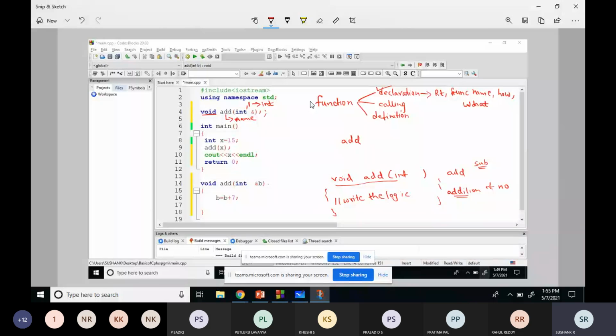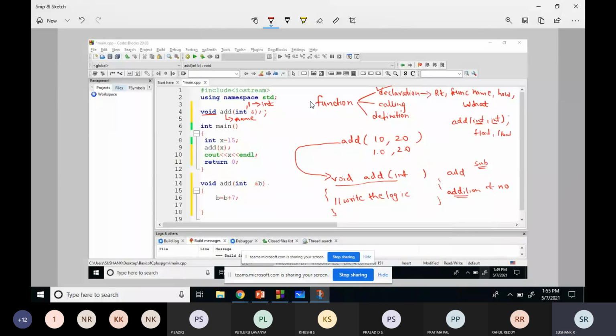So what is the name and the values which you want to pass? If it is a function with integer, I will pass integer values. Here I will pass integer values. So 10 is an integer, 20 is an integer. If it is expecting float, I will pass float values like 1.0, 2.0. So function calling will transfer the control from this line to the function definition. So this is the process involved in function.